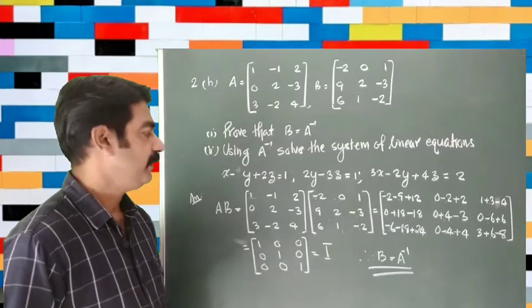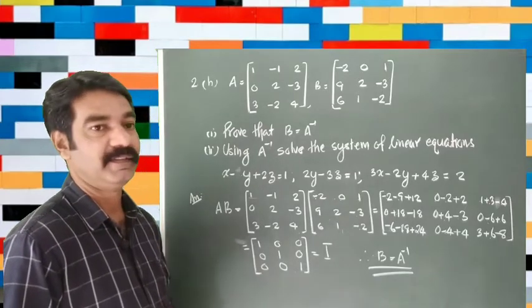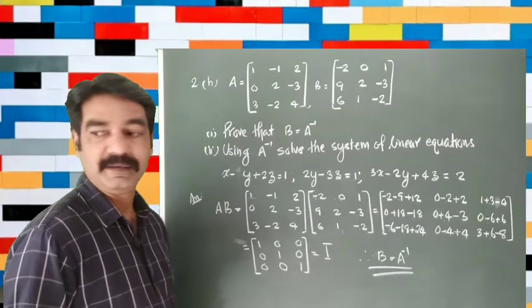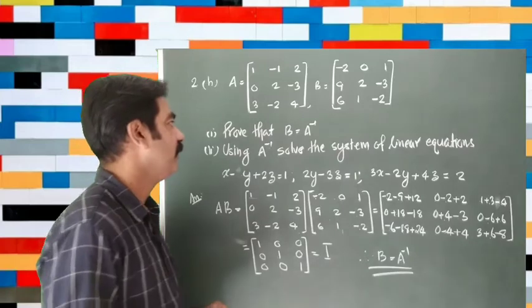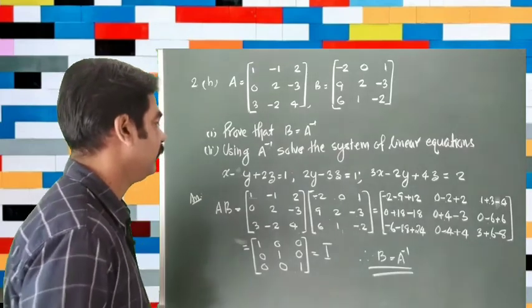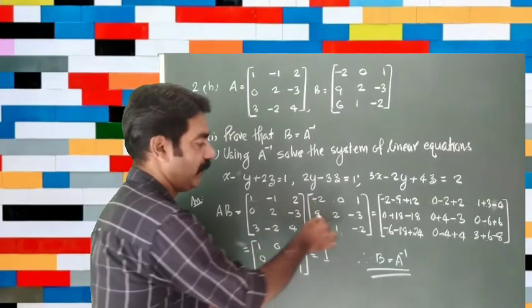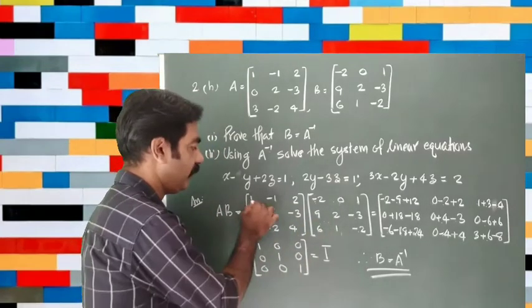Here A and B are two matrices given. What do we have to prove? We have to prove that B is equal to A inverse. See, A into B. This is matrix A into matrix B. So multiply the first row with the